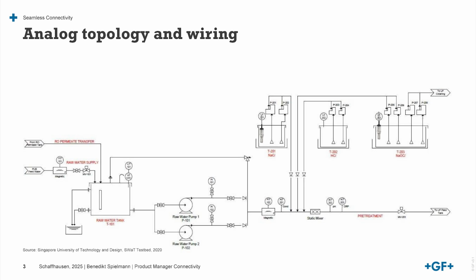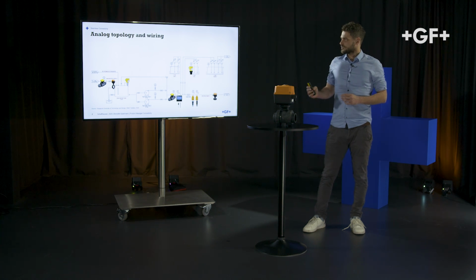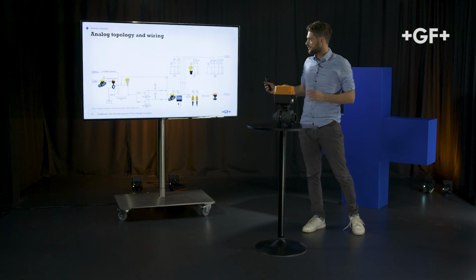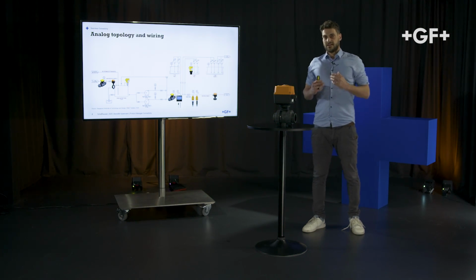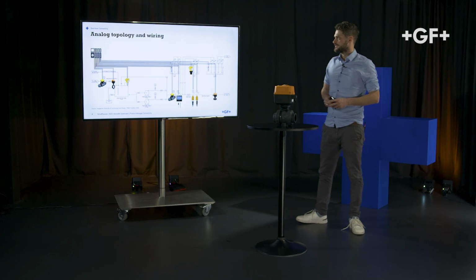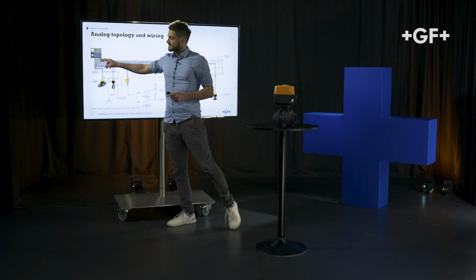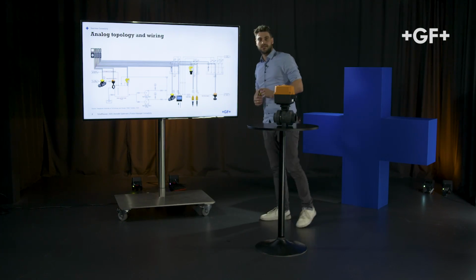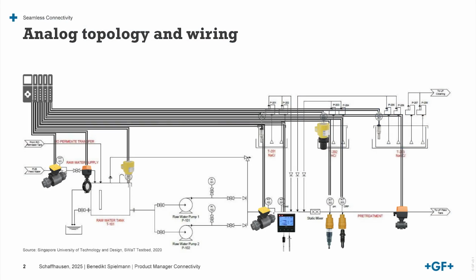For this, we can see here a typical P&ID, which is the starting point of the planning phase of a process plant. By taking a closer look, we can spot several process automation field devices, like sensors, but also actuated valves. In a traditional way, those field devices are connected to a PLC, which is installed in a cabinet. And at this PLC, several input-output cards are connected. And as you can see in this visualization here, we need this point-to-point connection, which means one cable from each and single device back to the cabinet to those I/O cards.